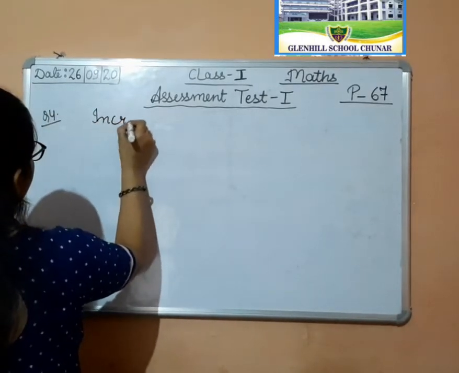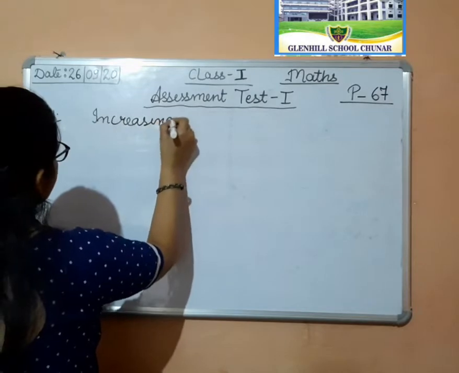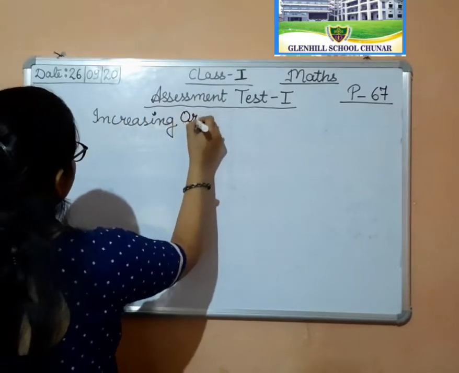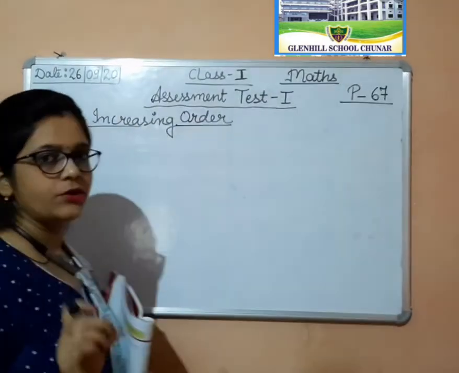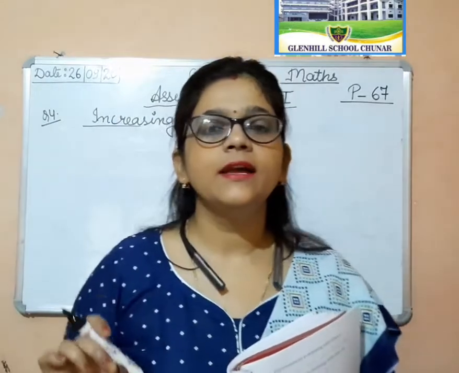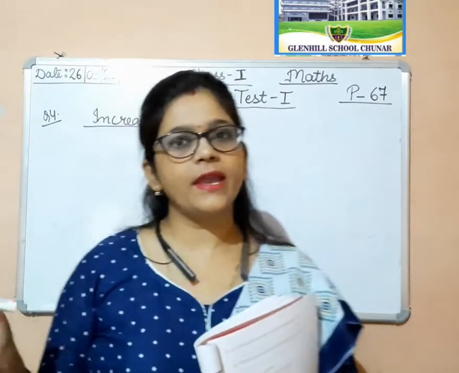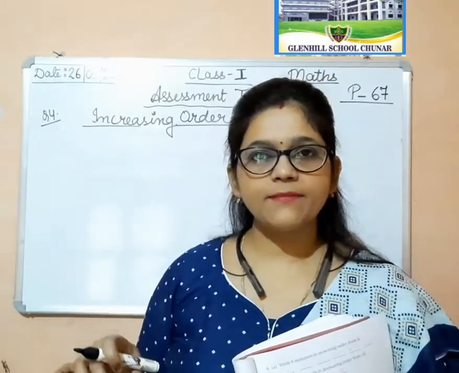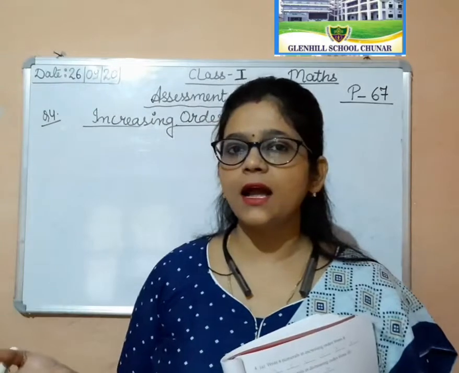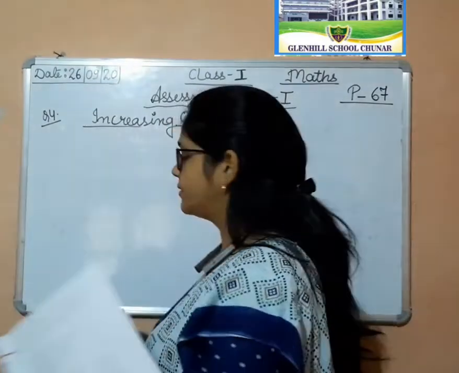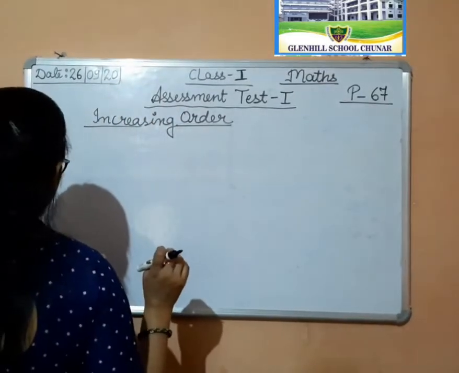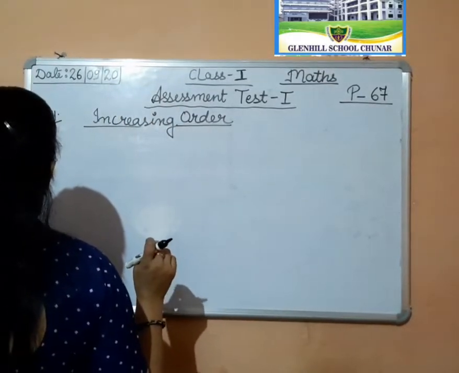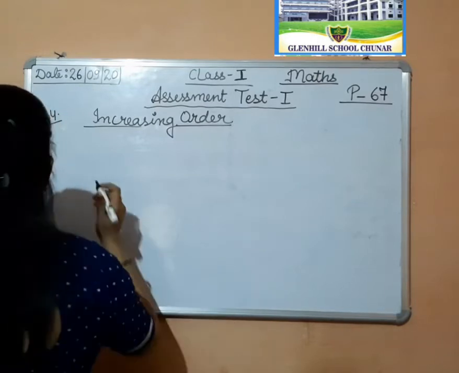Increasing order. You all know the meaning of increasing order? Yes, from smallest to greatest. Okay, smallest to greatest means smaller number से लेकर आपको greatest number तक का आपको करना है, ठीक है, अरेंज करनी है. Means 6 numerals in increasing order from 4. Okay, 4 से start कर कर आपको 6 numerals को write down करना है.